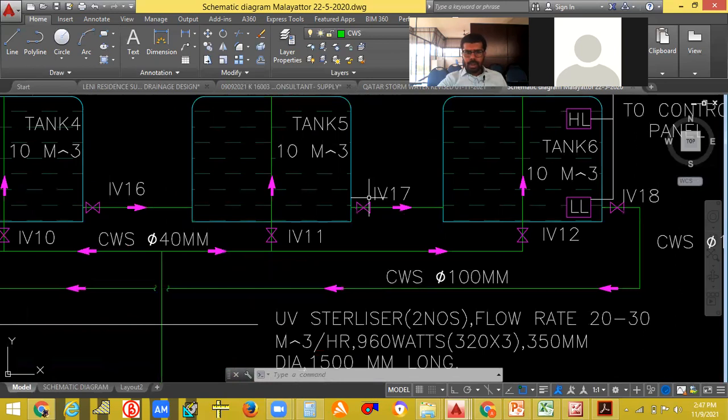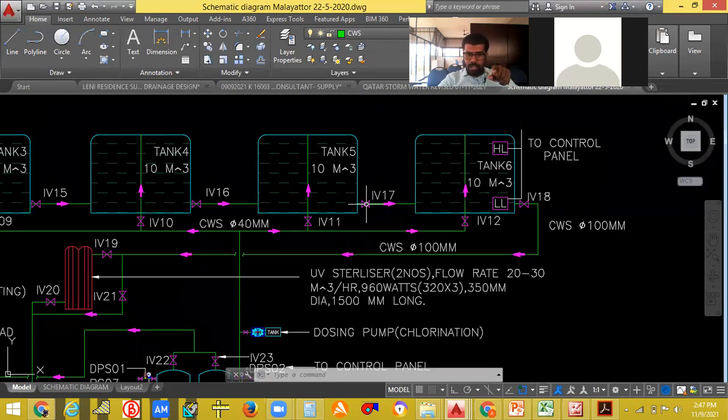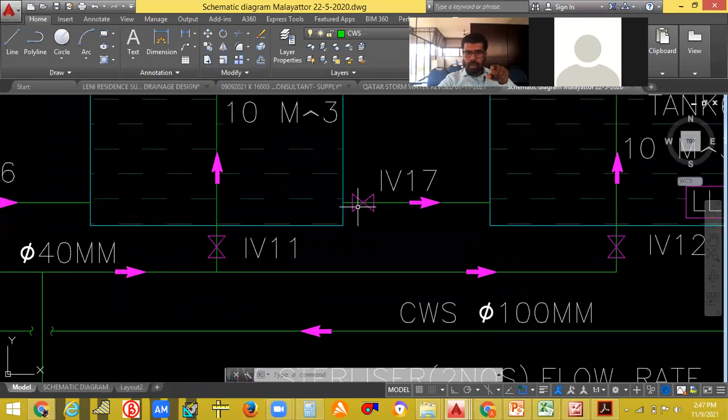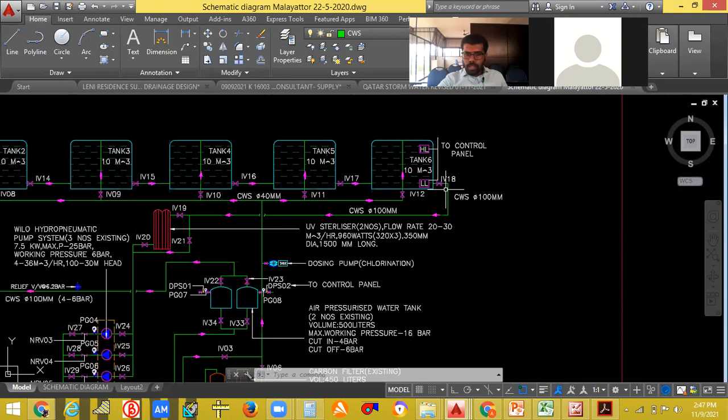What this means is that from each individual tank, there is a branch pipe. That branch pipe is only connected to the main line. Okay, this is the main line. There is a branch line, and on that branch line you will have an isolation valve. So if you want to isolate this tank, you can isolate that. Okay, so from there it is going to the